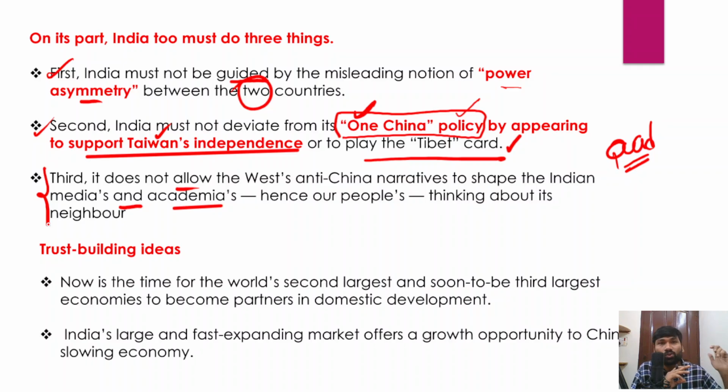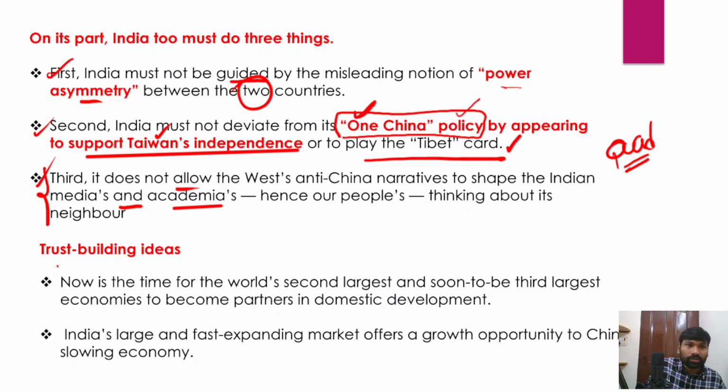The author has also said that he went to China, where he saw that Chinese media and Chinese people were not very critical of India. So when Indian media is being highly critical, that actually shapes the public's opinion about China, and that's where it could result in, it could even impact the friendly relations between China and India. So that is what the author has been suggesting here.